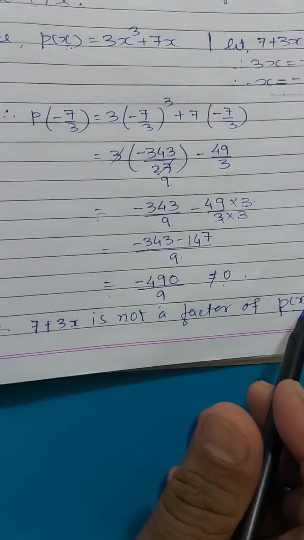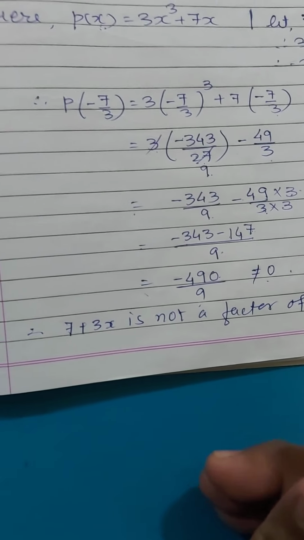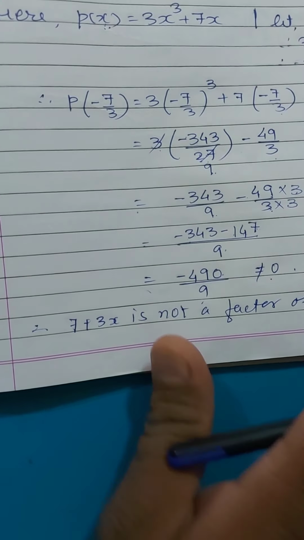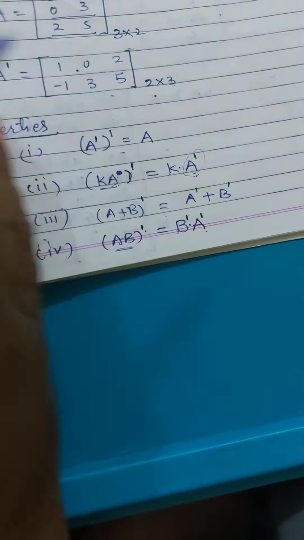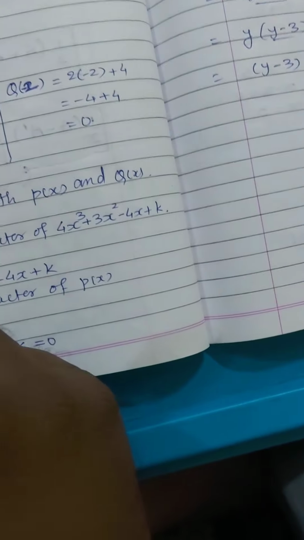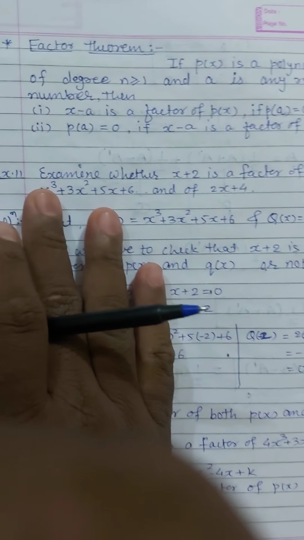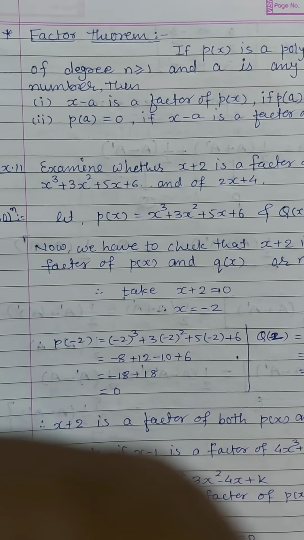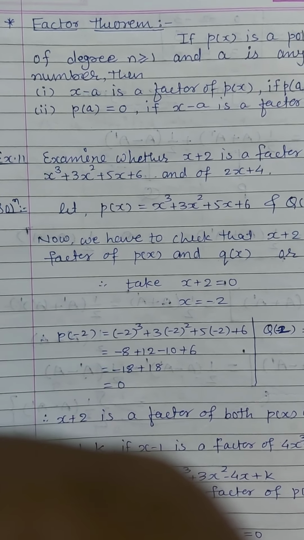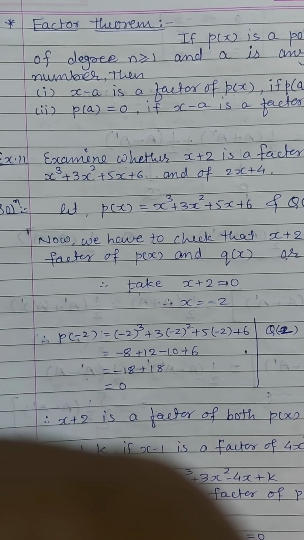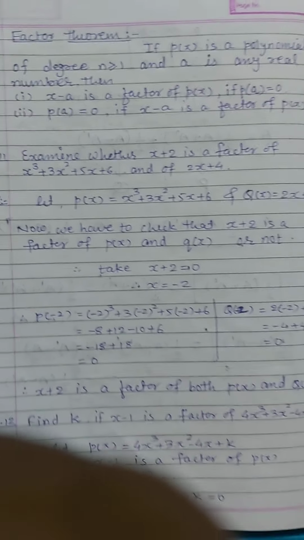So to check whether a given polynomial is a factor of another polynomial, what you have to check when we are dividing is that yes, the remainder is 0. Okay. Now the next topic, which is factor theorem. We have learned the remainder theorem and its applications. Now you have to see the factor theorem also. First we will see the statement of that.